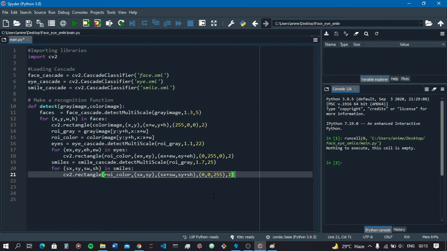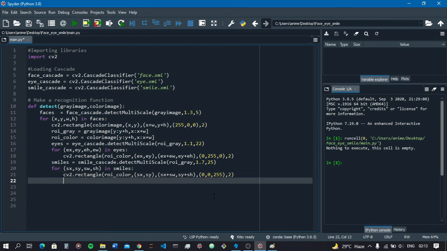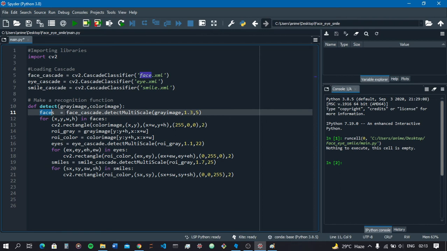This is done. This function is completed. So what we have done in this function, first of all, we studied the face feature by using this face cascade, and from this face cascade we are using face cascade dot detectMultiScale on this gray image, because CV2 will work only on gray image. This is the scaling factor, then this is minimum neighbors. These are some parameters which we are going to use to tune the accuracy of our model,